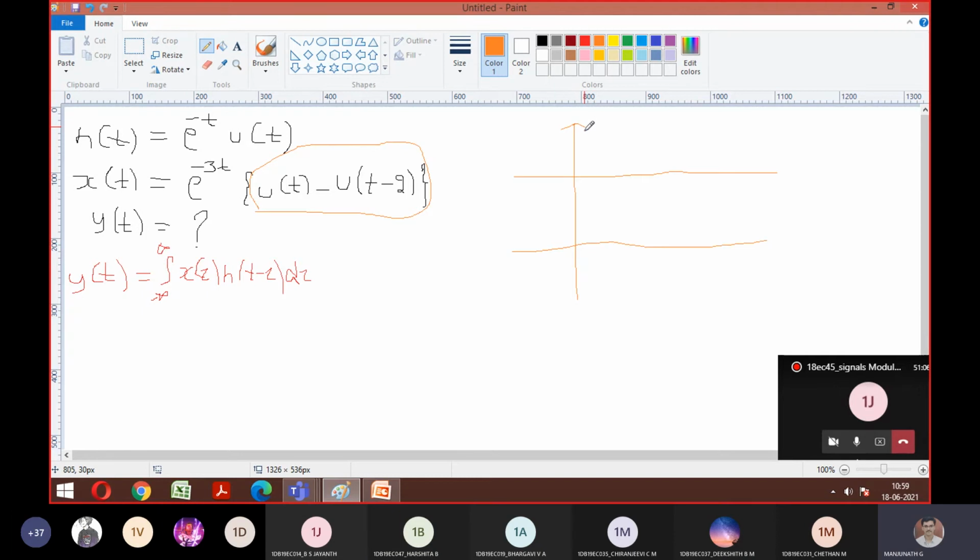So u of t, you know, it's a generalized one. So for u of t generalized one, if you write, let me change it. See, don't forget the sketches here. If you forget the sketches, you can't expect full marks. So try to analyze the thing with proper sketch. So this is my u of t.